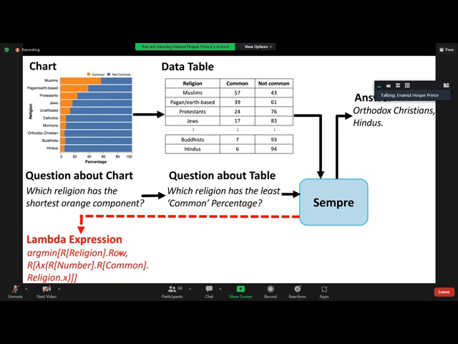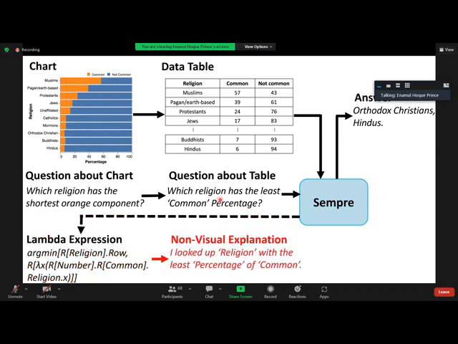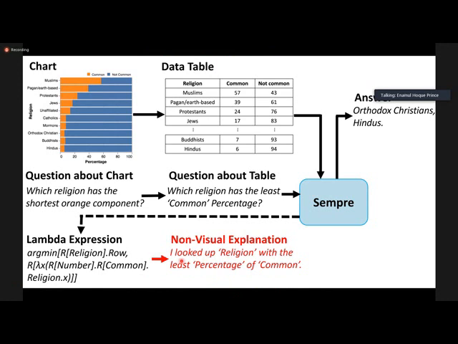The way we generate the explanation is by transforming this logical expression into a corresponding simple textual explanation. In this case, it's going to say, I looked up the religion with the least percentage of Common. So this is how I computed the answer to this question.